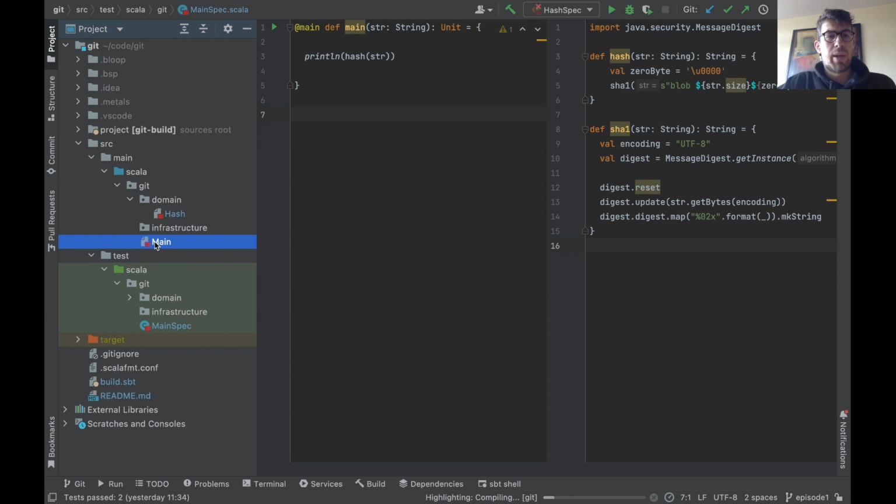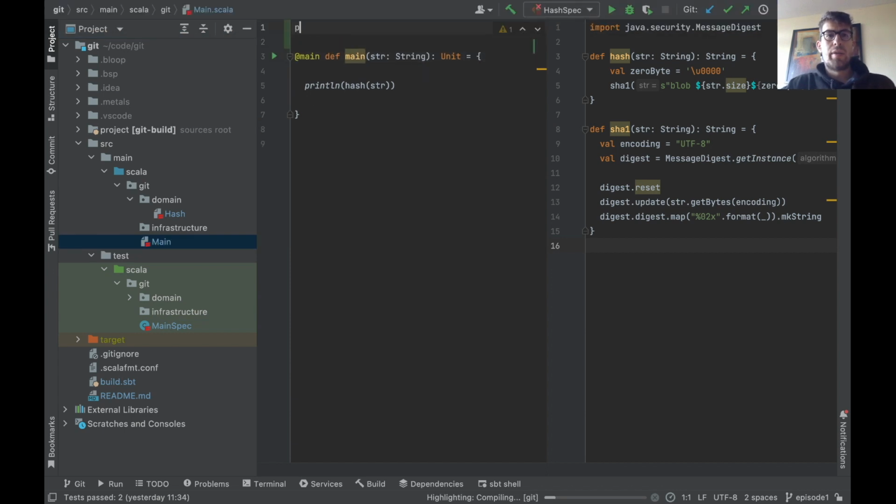I'm just gonna check the package because I suspect that as this Scala 3 is not going to be well moved. So here we're in the package git and hash is